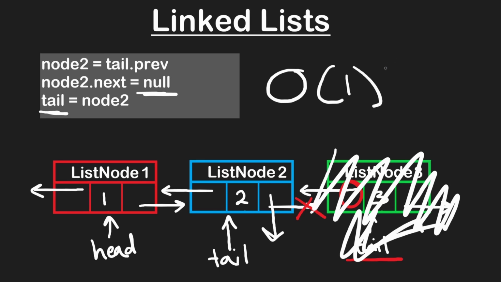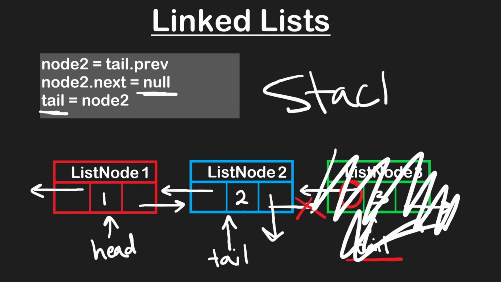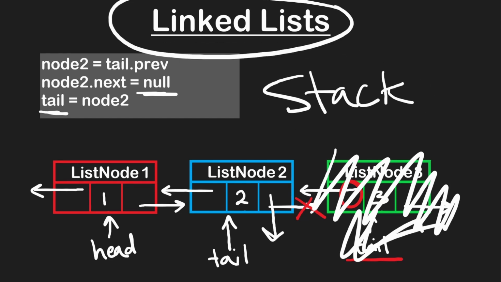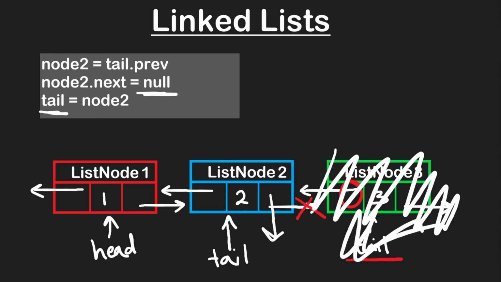Doesn't that satisfy the requirements of a stack data structure? Yes, it does. That means that stacks can be implemented also with linked lists, just like they can be with arrays. But it's a lot less common to implement stacks using linked lists because with our original dynamic array, we could pop and push to the end of the array efficiently, but we could also access any arbitrary element of